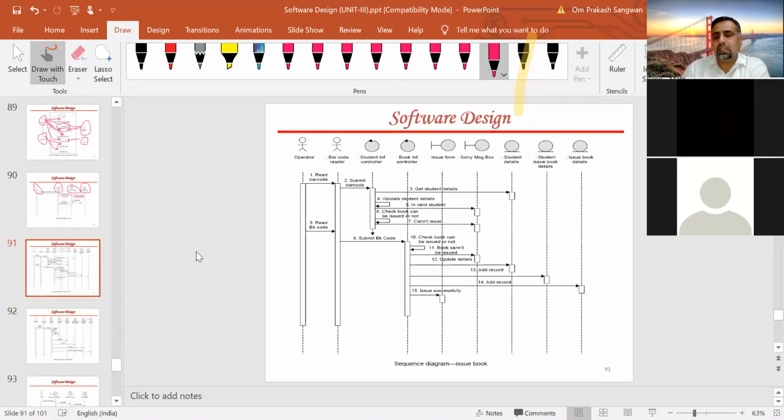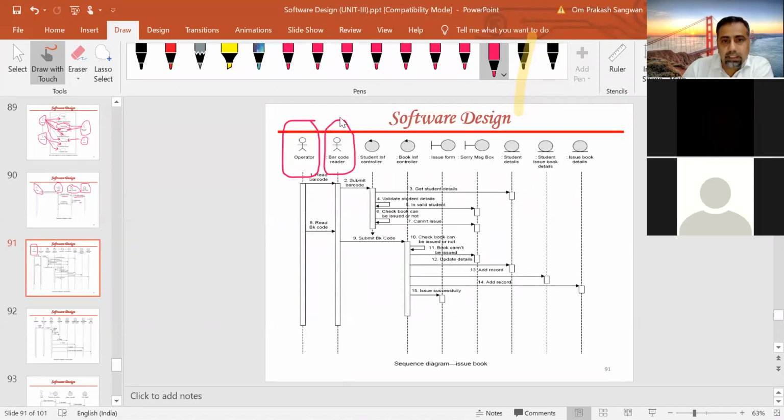Now next we will discuss the sequence diagram of issue of a book. That is much more important. In this issue of book, we have two actors here, operator and barcode reader.